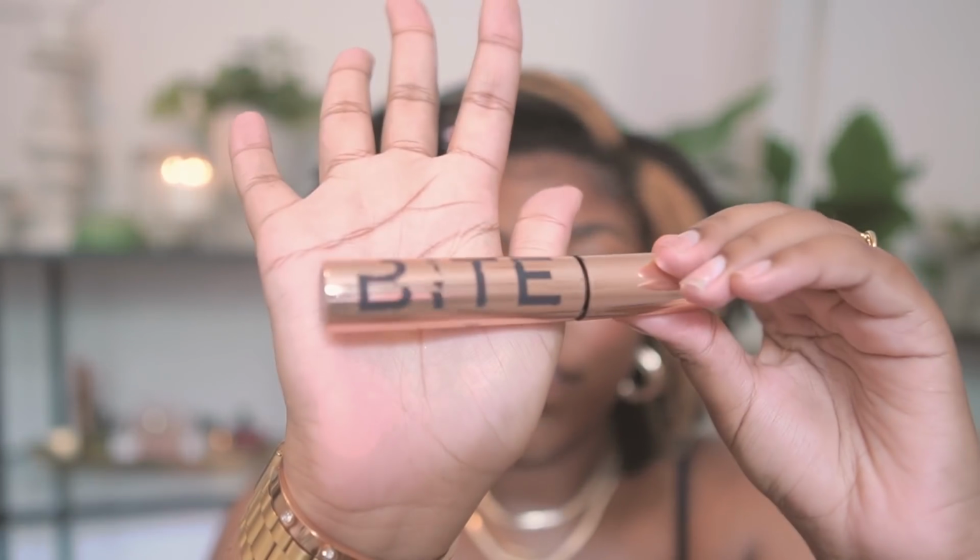For mascara, I'm using the Bite Upswing Full Volume Mascara, and it just comes in a tube like this. And I'll just do a couple coats of this, so I'll brush them up until it just doesn't look like it's doing anything anymore, and then move on to the next eye, and then do a second coat and then a third coat. I feel like my makeup doesn't stand out as much as it used to, or like what I was used to,